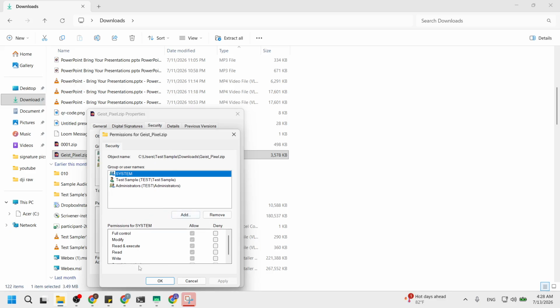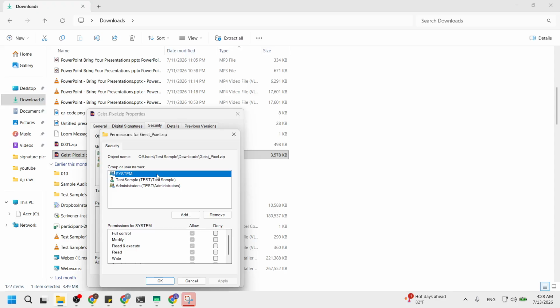In the next step, you will see two boxes in the Edit window. In the top box, select the specific user or group whose permissions you want to change. This selection is vital because it defines which users' permissions you are adjusting. You may see a list of users and groups. Choose the one you want to manage.